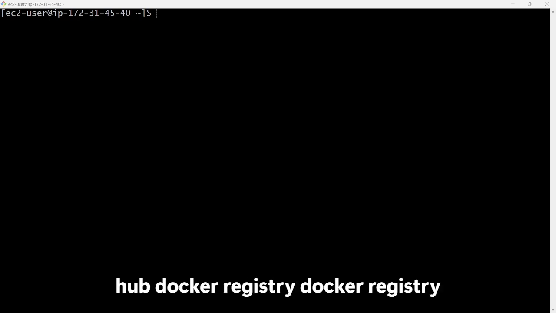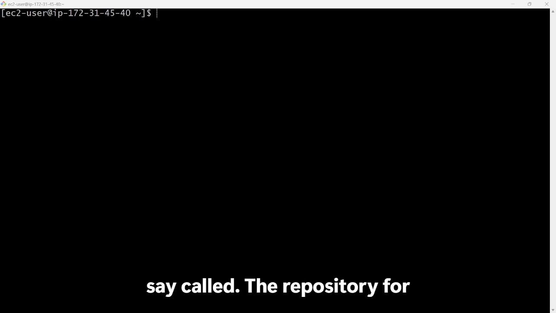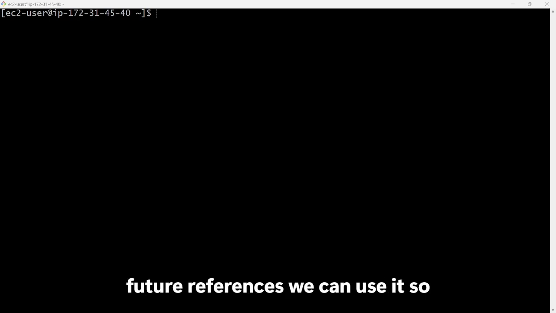What is Docker Hub, the Docker registry? Docker Hub is nothing but a repository for future references. We can use it. So already you can see here that I created one